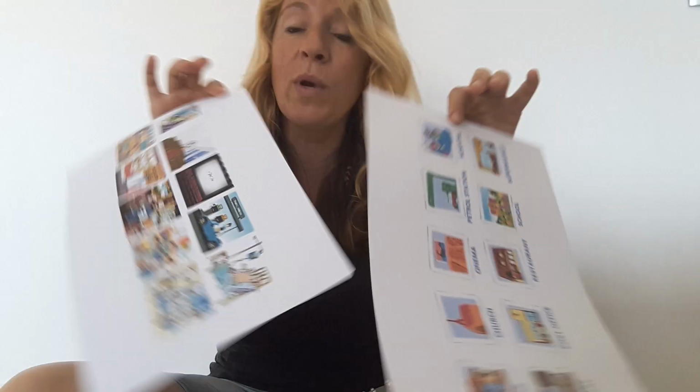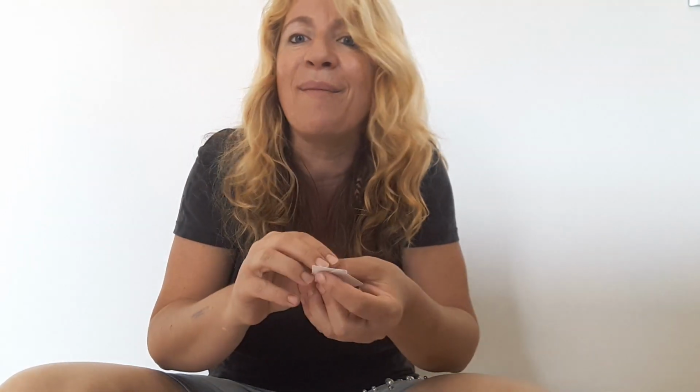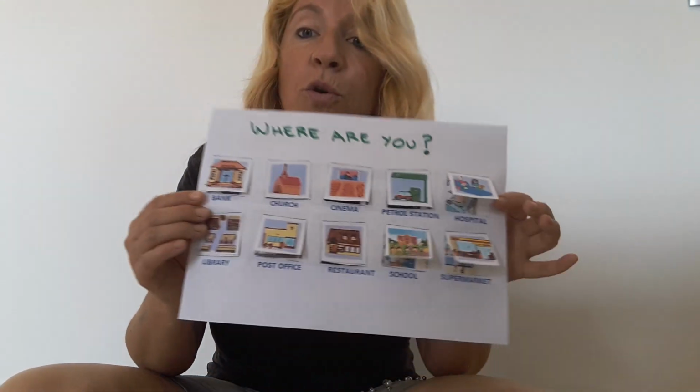So, with these two papers, scissors, glue, and a photo of you, your mommy, your daddy, your brother, your sisters. Today I'll be using these photos, me and my son James. Okay, so we will create this game. It's called Where Are You? See? So the way we make it is we take this